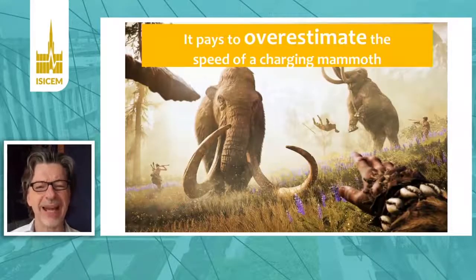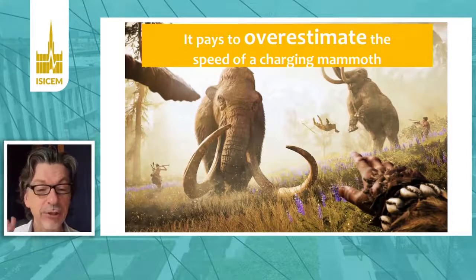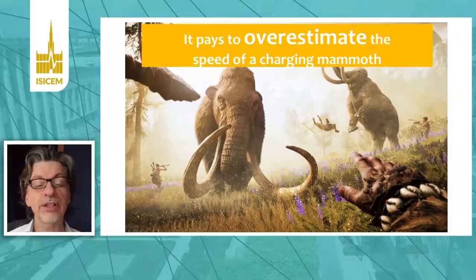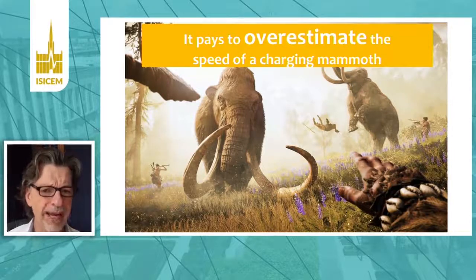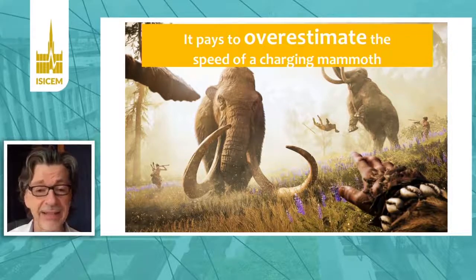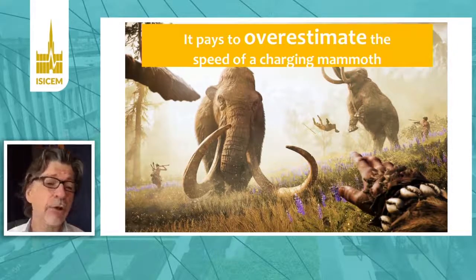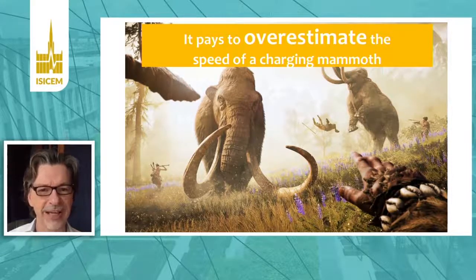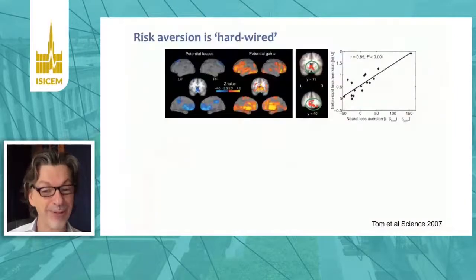One of the reasons we have these biases is because it's useful when we make a snap judgment to err in a particular direction. So if you're judging how quickly the mammoth is coming towards you, you will consistently tend to overestimate how fast he's approaching, even if that means that you might then decide to turn and run, even though you might have been safe after all. Because if you turn and run, you live for another day. If you estimate on the other side incorrectly, then it might be good night.